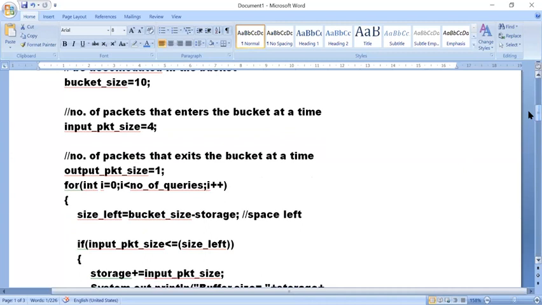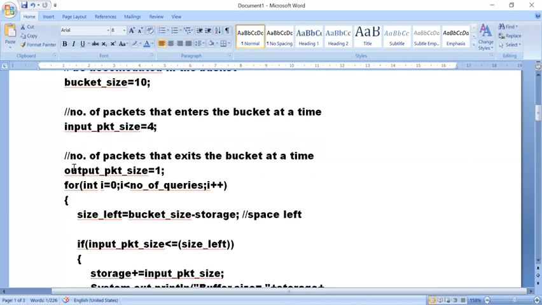Everything has been defined beforehand. The next one will be your input packet size. Whenever we are sending one packet, what will be the size of the packet? For that, the input size will be 4. What will be the next one? What will be the exit bucket time?